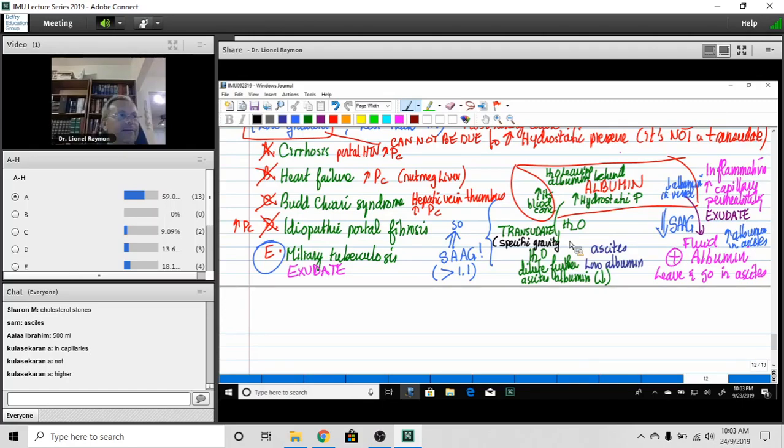Will it be high? Specific gravity of transudates is going to be low, and a cutoff value that's often used is 1.02, or 1.015 that we use in our labs. For exudation, the specific gravity, because of the richness in proteins, is much higher, so it's greater than 1.015. So look, when you look at ascites,